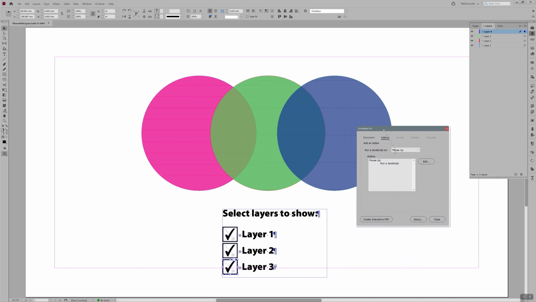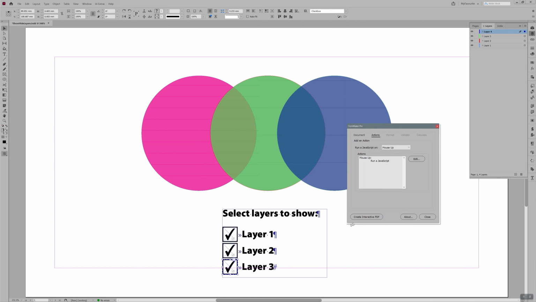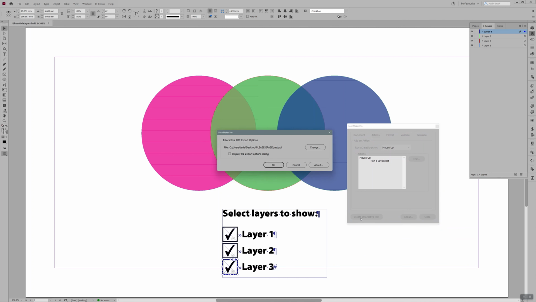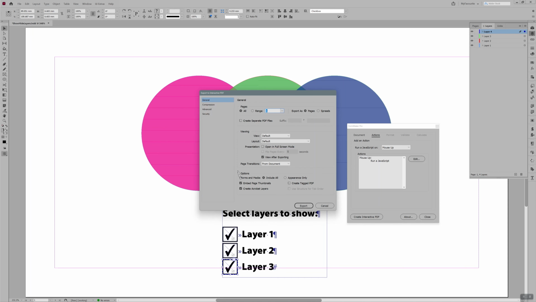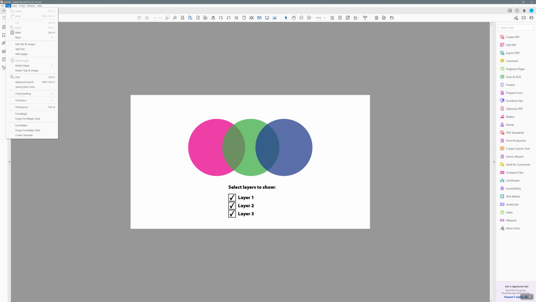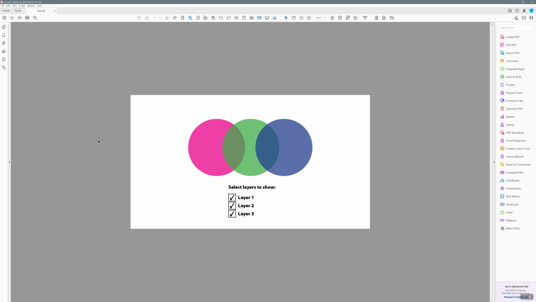Now we've got FormMaker open, we've programmed our buttons, so I can create an interactive PDF. I have to click on this button to use FormMaker, not the file menu. We can display the export options dialog before it opens in Acrobat, because again, just to remind you, you do have to have Create Acrobat Layers checked. And I'm going to have View After Exporting, so the PDF is opened immediately in Acrobat. Export. Now the final step is to go to the edit menu, and if you've got FormMaker installed, you run FormMaker, and that's done. It doesn't take very much time.